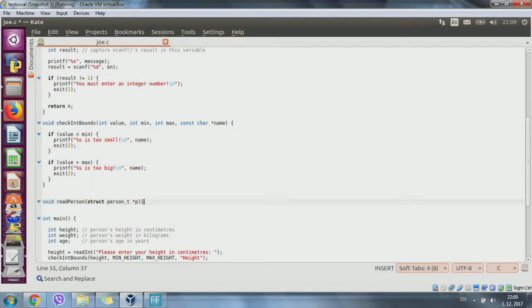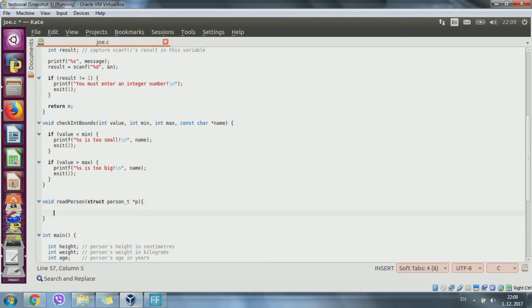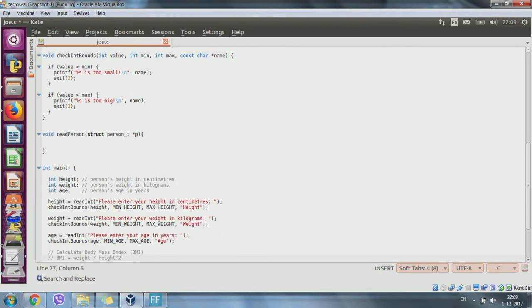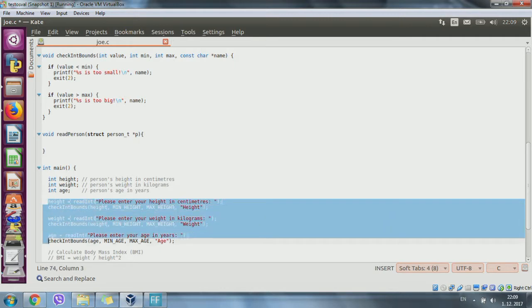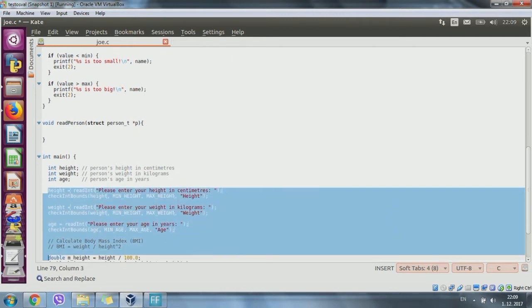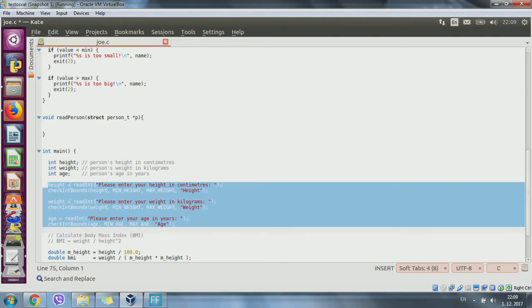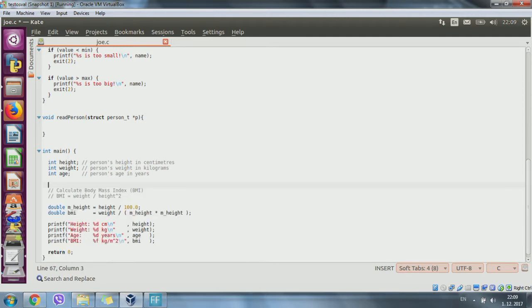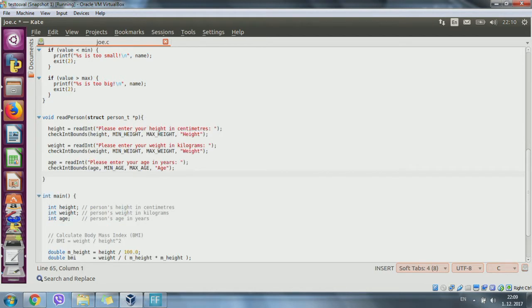Remember to put the brackets, open and close it, and inside of this we can put some part of the information. An example, we are going to ask the user for something which is here. We can put the age, weight, and also we are going to ask for the name. So we can copy, delete it, and what we deleted, we are going to put inside. Okay,